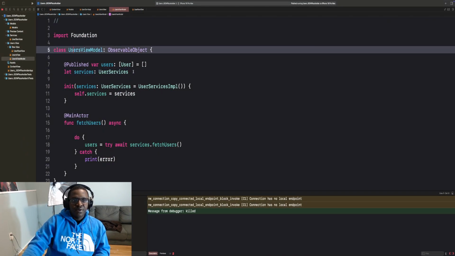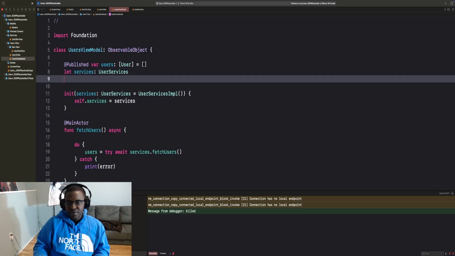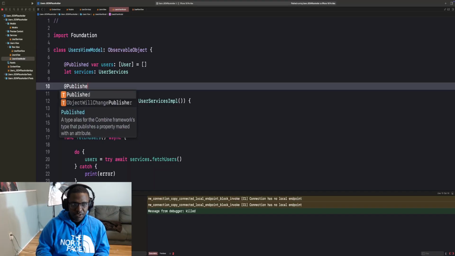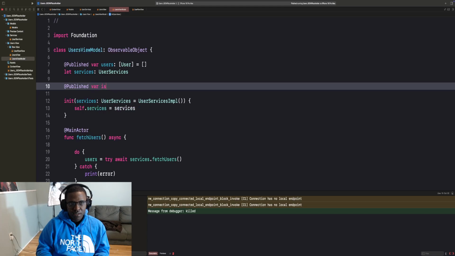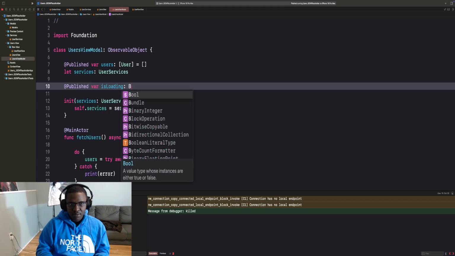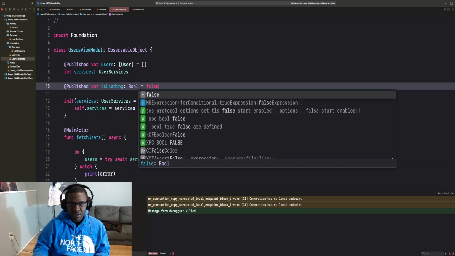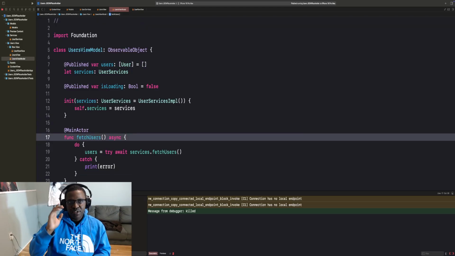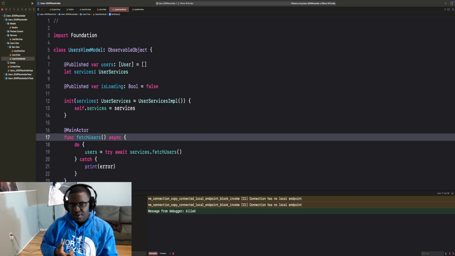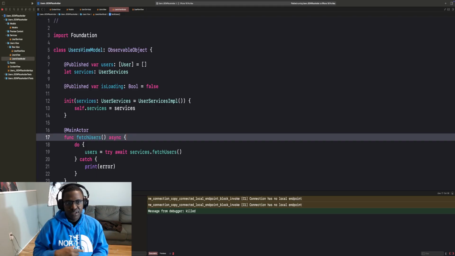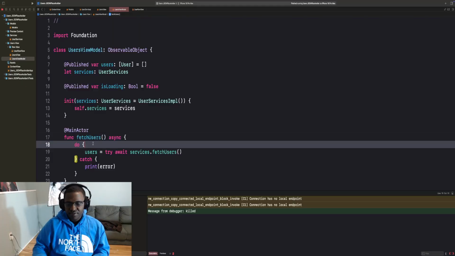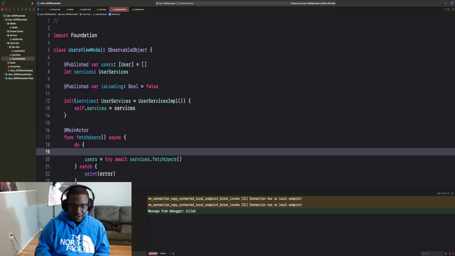All right, so the property that we need to show the progress view is, say, a Boolean. We're going to name this property isLoading. Published var isLoading, let's make it a Boolean and set it to false. And then when do we want to show the progress view? When the API call starts, and we want to hide it when the API call finishes, either successfully or by an error. So the first thing we'll do is say isLoading